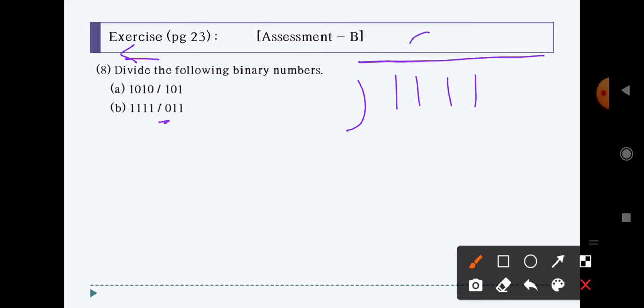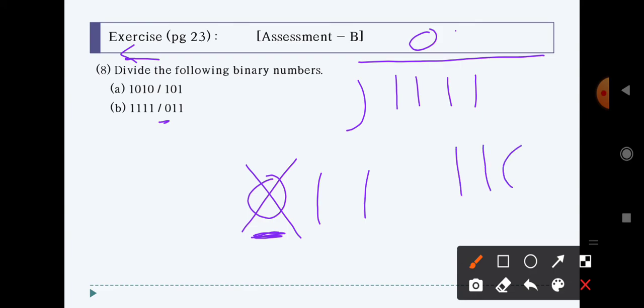Over here, this is the answer and this is the question, 0 1 1. If the 0 is present on the leftmost portion, then you just ignore this 0, you cut down this 0. But if the 0 is present on the rightmost portion, then you cannot ignore this 0. This is important. For the left hand portion only you can cut it down; for the right hand side portion you have to keep it with you.